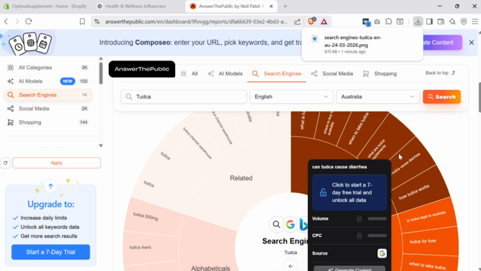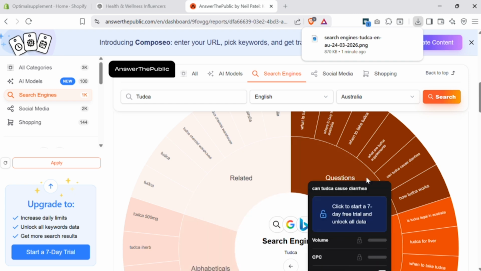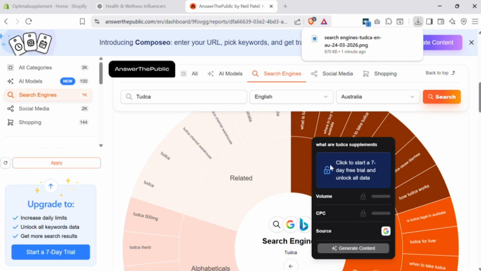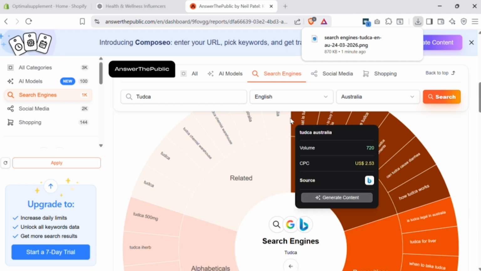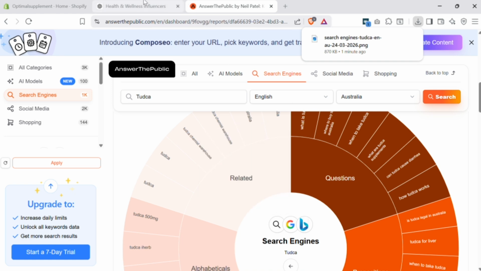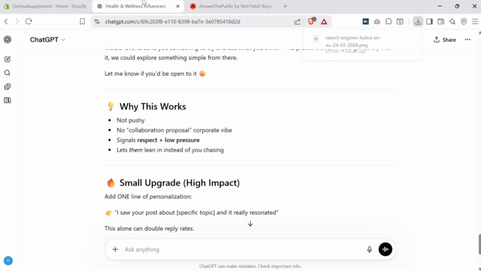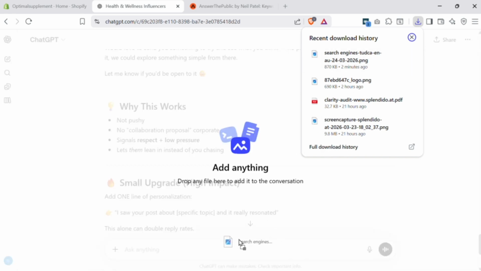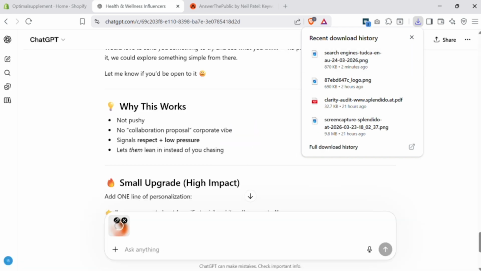And then it started bringing in, like I said, tens of thousands of people coming in to view the article. Am I saying that'll definitely happen with you? No. But what I'm saying is if you apply this, the same thing could be applied. We can get ideas now for social media from all these, but I'll show you what you can do now with AI to speed it up. So I'm going to go back here and I'm going to take that download and put it in here and I'm going to say,